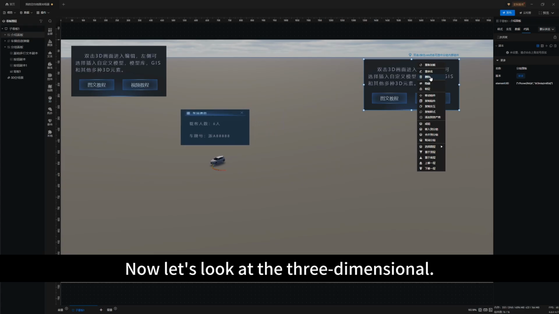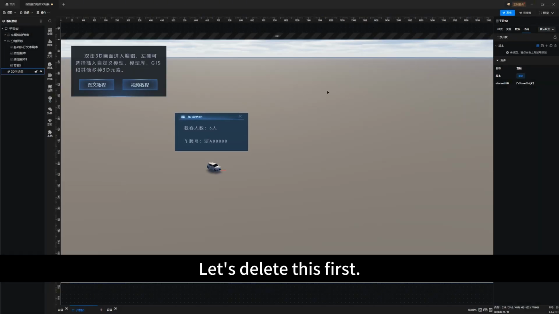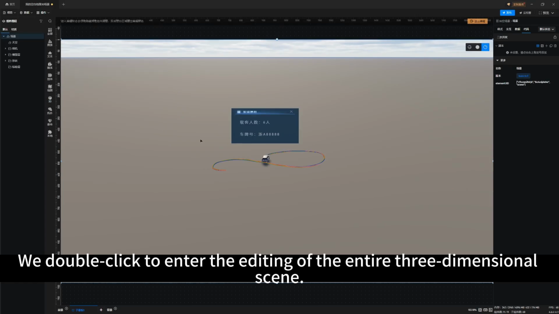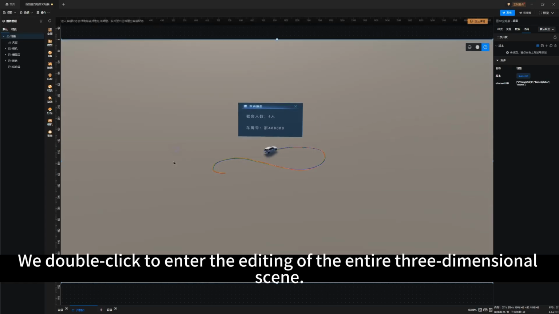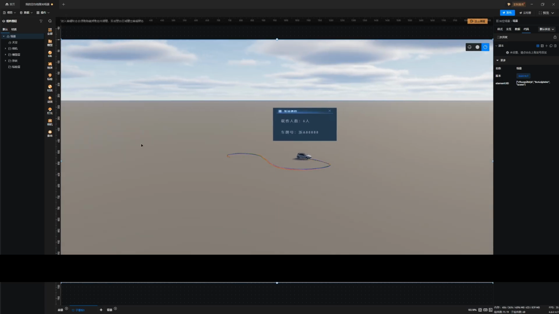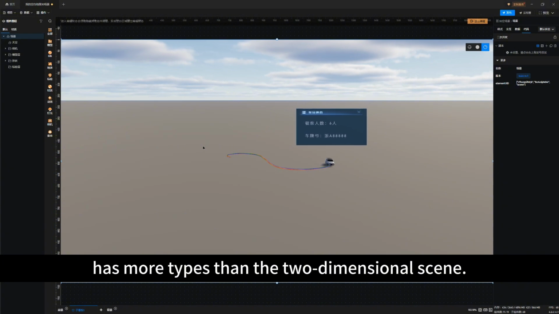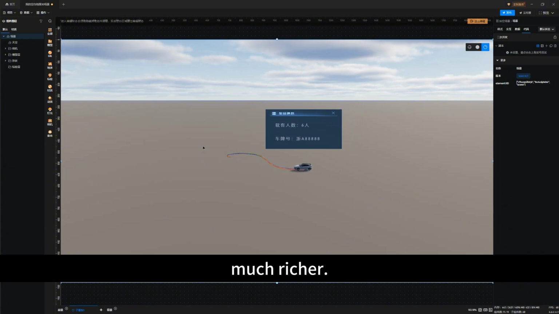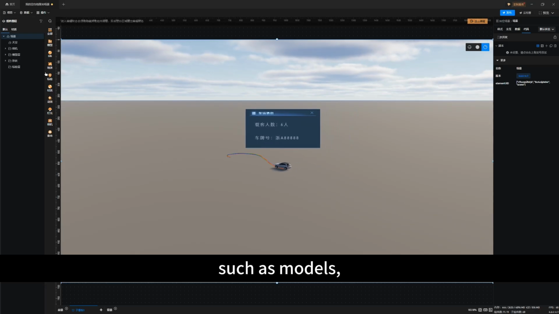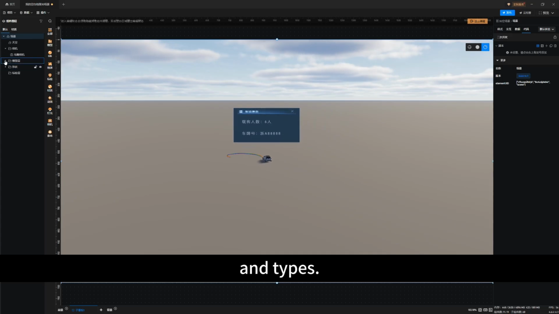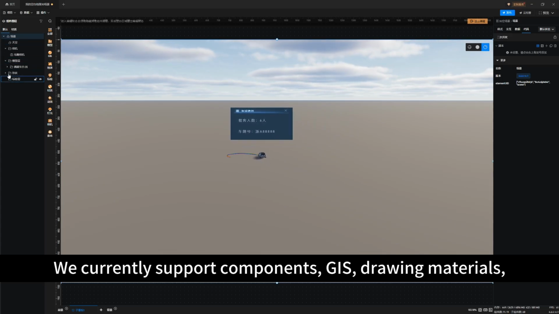Now let's look at the 3-dimensional. Let's delete this first. We double-click to enter the editing of the entire 3-dimensional scene. Okay, the 3-dimensional scene has more types than the 2-dimensional scene, much richer, such as models, and GIS types. We currently support components, GIS, drawing materials,